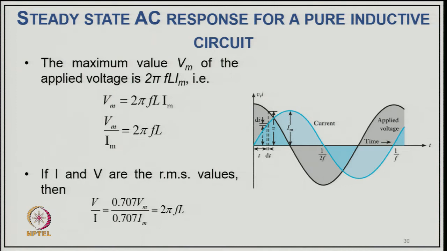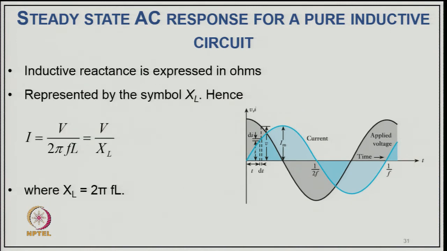So, the maximum value V m applied to the circuit is 2 pi f L I m, that is V m equals 2 pi f L I m, and so V m upon I m equals 2 pi f L. If I and V are the RMS values, then we can say V upon I equals 0.707 V m divided by 0.707 I m, equal to 2 pi f L. So, inductive reactance is represented in ohms by the symbol X L, and hence we can say